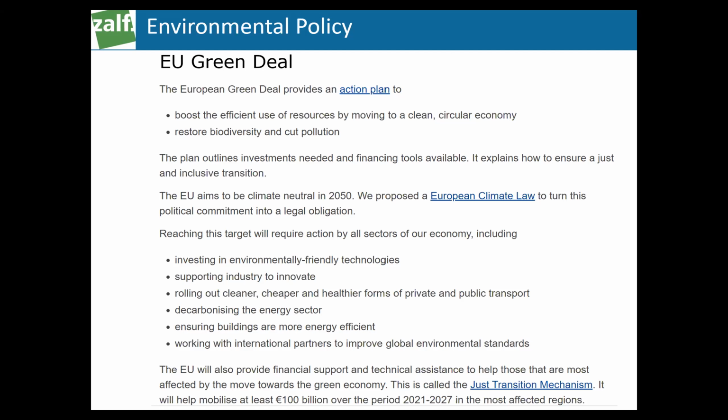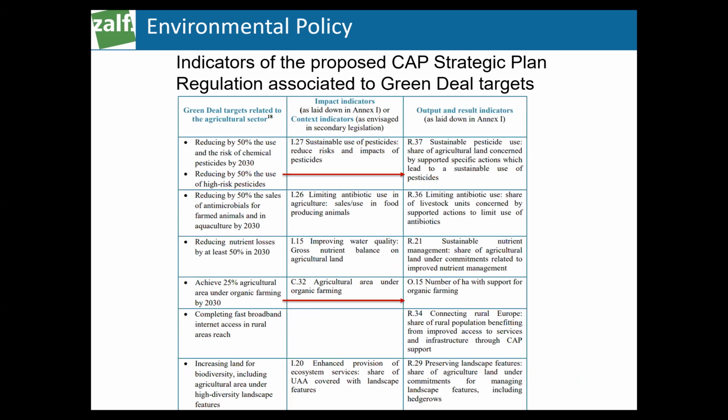Of course, this is a big emphasis also in agriculture. If we look at those, we had already a look at the Green Deal targets, the first column. We have then impact indicators. They look for how it is at the moment, how policy impacts look like, to quantify and qualify certain indicators, and then the output and result indicators, and they will be then used.